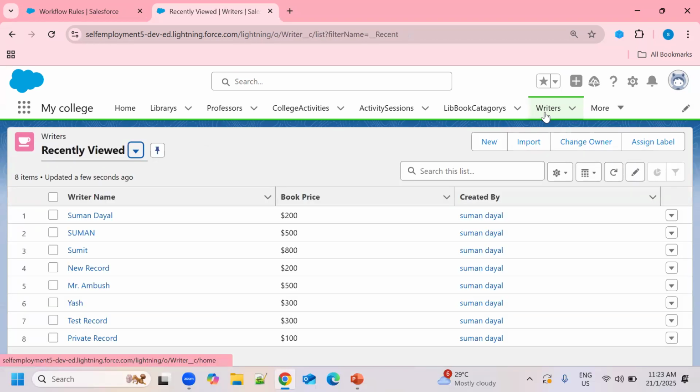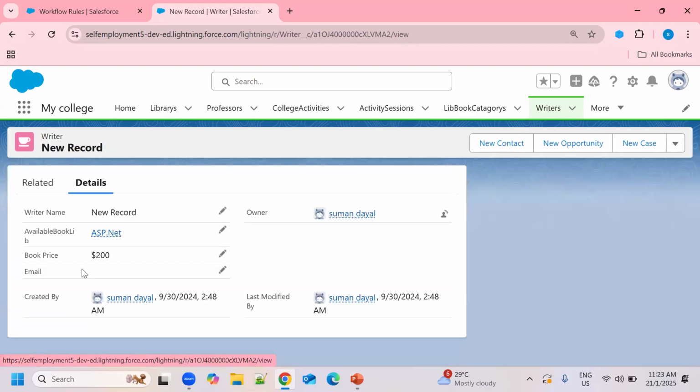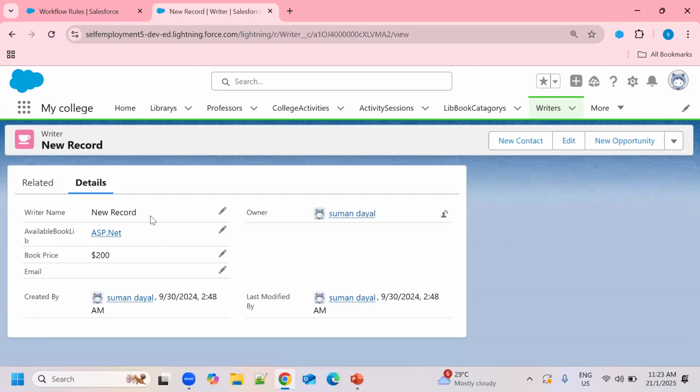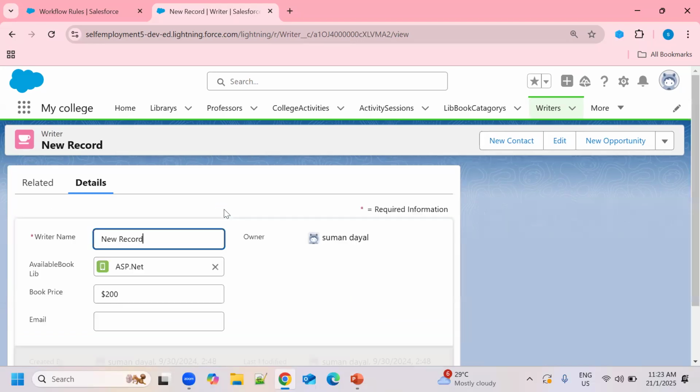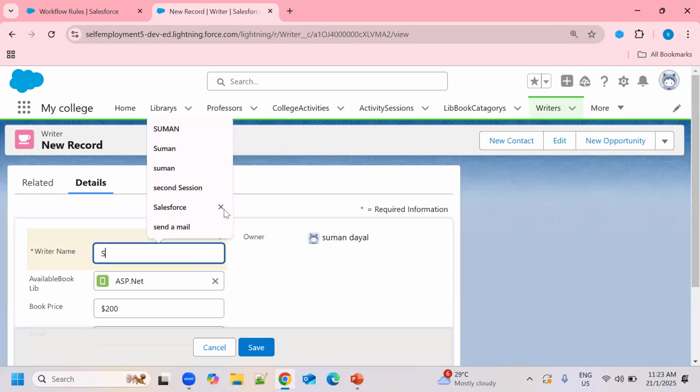Because I have selected the criteria as created and every time it's edited, if I want to make any change in this record, for the writer name I'm just giving Suman Dayal again, and it will also be updated the same.